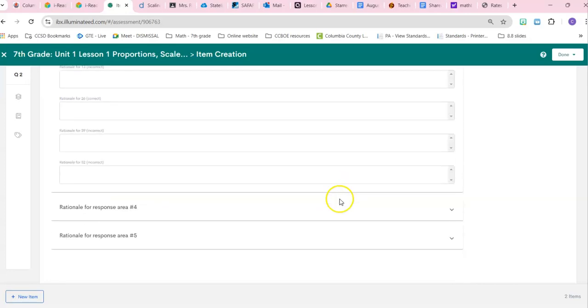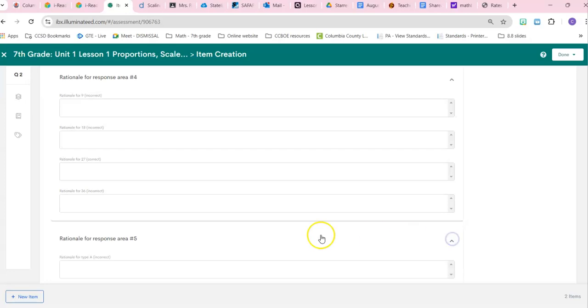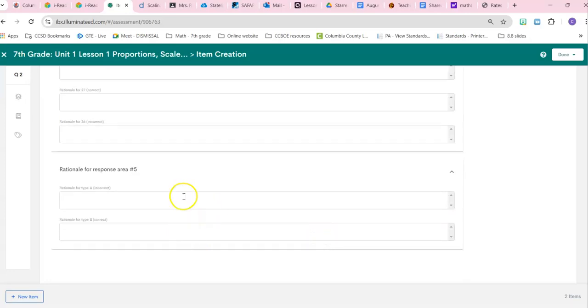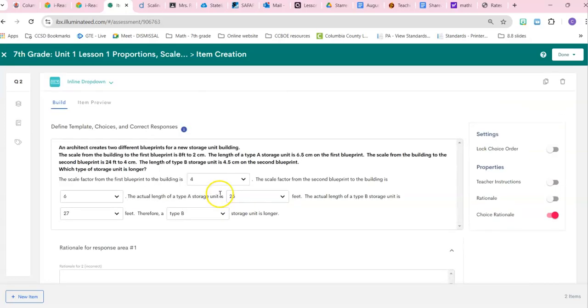Just go to the drop down and write it down. But you see here, it will be graded, and you could put in the rationales for those. And there you go. That is how you could use the inline drop down